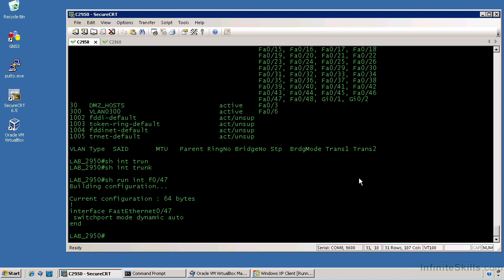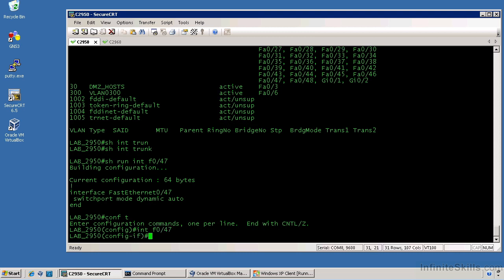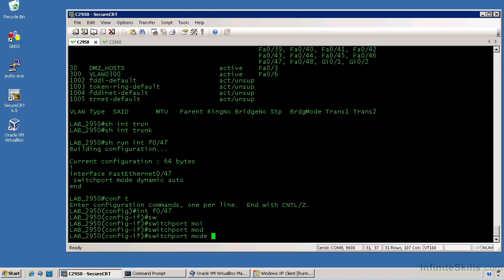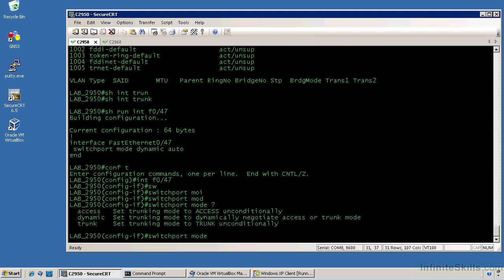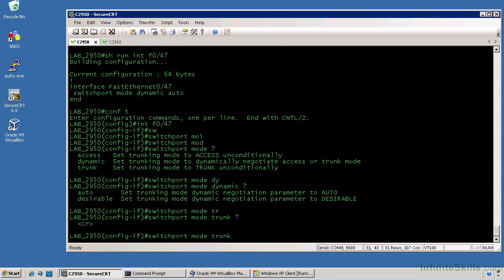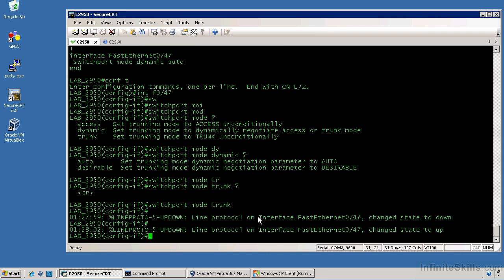So let's go into our 2950, config t. We'll do interface FastEthernet 0/47 because I know that 47 and 48 are pointed at the 2960 switch. We'll say switchport mode. We have options for access, dynamic, and trunk. Again, if you go dynamic, that's where you get the auto and desirable options. In this case, I don't want it to be dynamic. I want to specify that this port is a trunk port, and there aren't any other options besides switchport mode trunk. So we do that, and you see that it brings the line protocol down and brings it back